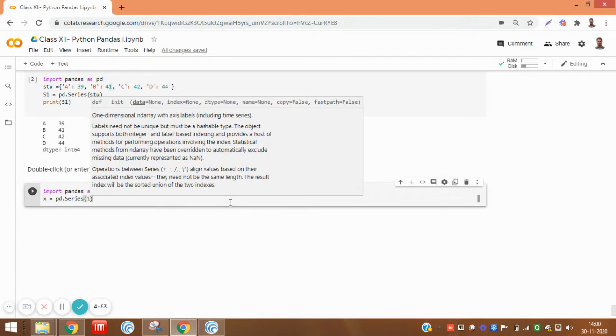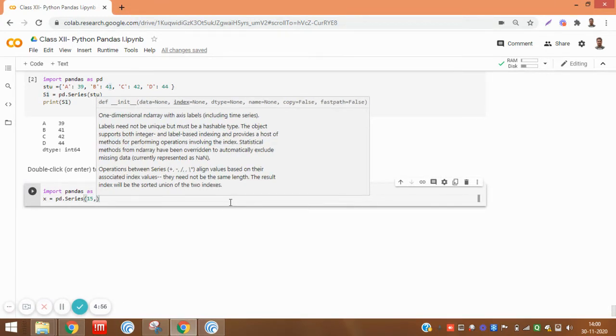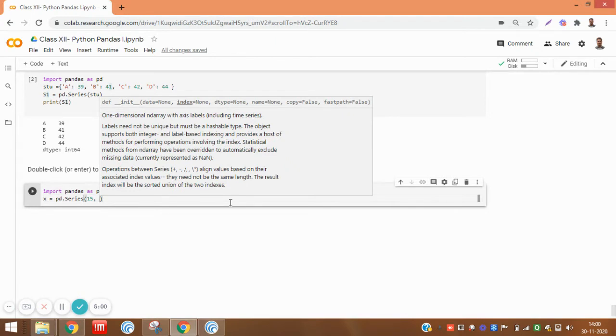Suppose I give 15. It can be any value, and give the index because for a scalar value we must provide the index. So here 15 is the scalar value.